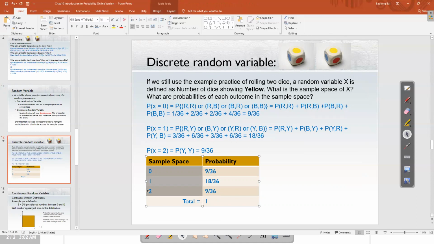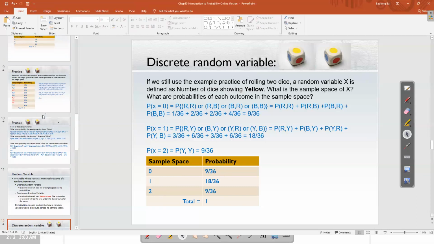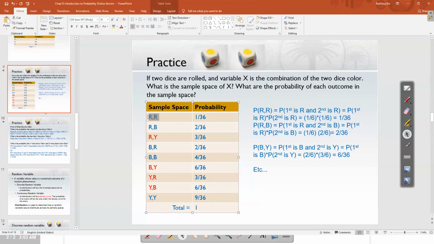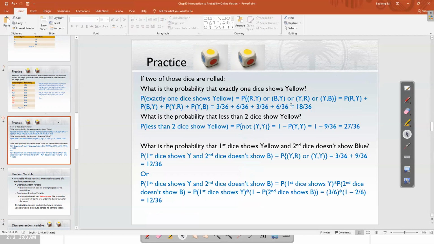And then for each outcome in the sample space, we need to find the probability. So what's the probability of 0? We have 0 yellows. That means it could be red, red. It could be red, blue. It could be blue, red. It could be blue, blue, right? So red, red, or red, blue, or blue, red, or blue, blue. So we need to use the addition rule. So we add all the probabilities up. There will be 9